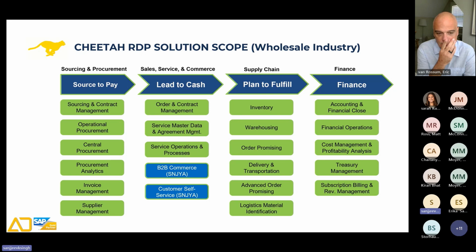That's the Sanjaya, what we have built on BTP, which comes as an add-on for our wholesale distribution solution for S/4HANA Public Cloud. And then, of course, we have supply chain plan to fulfill, which includes all the inventory, warehousing, order promising, delivery and transportation. All of those are native within the S/4HANA Public Cloud solution for wholesale distribution as a part of our Cheetah Rapid Deployment Package. And then finally, the finance: all accounting and finance close, financial operations, cost management, treasury, everything. I just want to make sure to complete the whole building block so you understand what exactly is delivered as a part of our rapid deployment package for 18 weeks for all these solutions